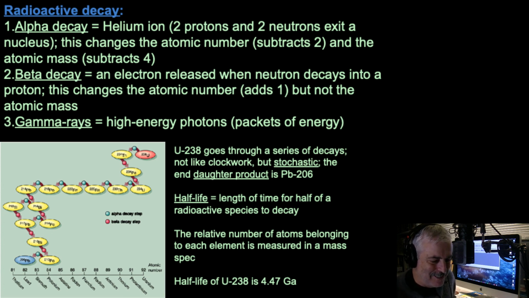Let me see if I can get my slides up a little bit closer here where I can read it. It goes to, oh yeah, I don't remember the name of that element. But then it has another beta decay, and of course you've added now 2 back to the number, and now you have uranium-234. You've reduced the mass by 4, but you've kept, so uranium-238 goes to thorium, to this element, I can't remember what it's called, but it's not palladium, I know that. So it's uranium after that, and then it goes into a series of alpha decays, and so that's to thorium,